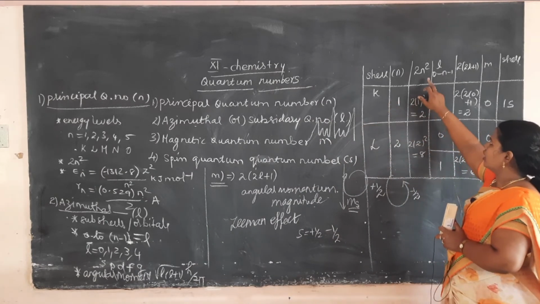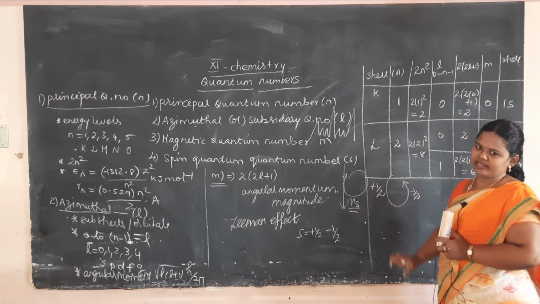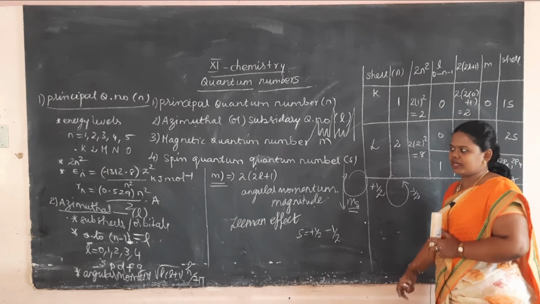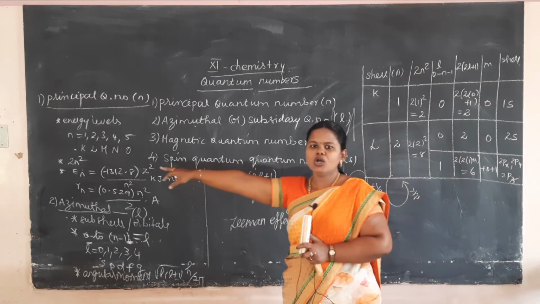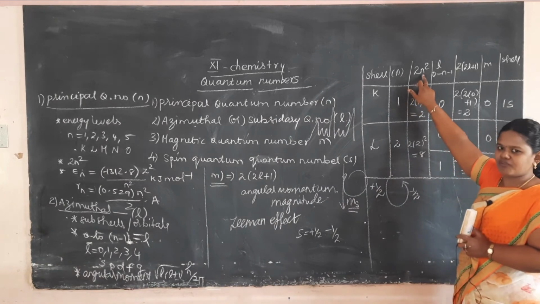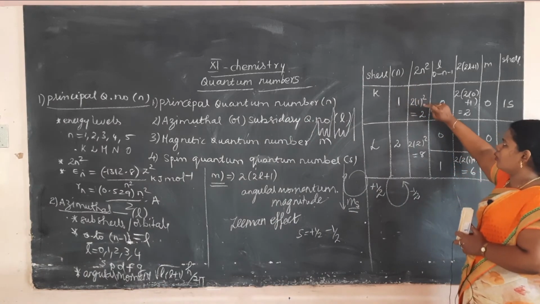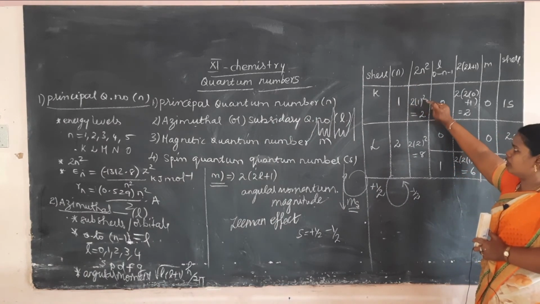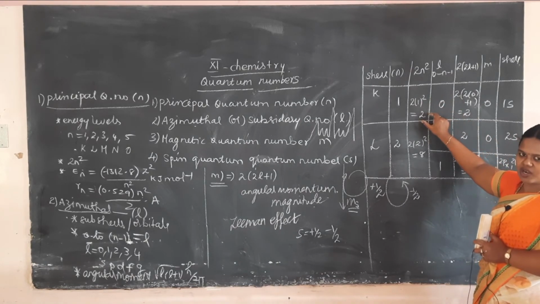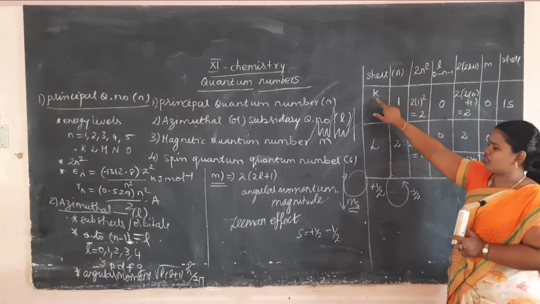Now the maximum number of electrons that can be accommodated in a shell, ஒரு ஆட்டத்தில் எவ்வளோ எலக்ட்ரான் வைக்கலாம் அப்படிங்கிறத, is determined by this formula 2n squared. So when n is equal to 1, you substitute n is equal to 1 here, 1 squared will be 1, so 2 into 1 is equal to 2. So 2 electrons can be accommodated in K shell. அப்போ K shell எத்தனை எலக்ட்ரான் வைக்கலாம்?